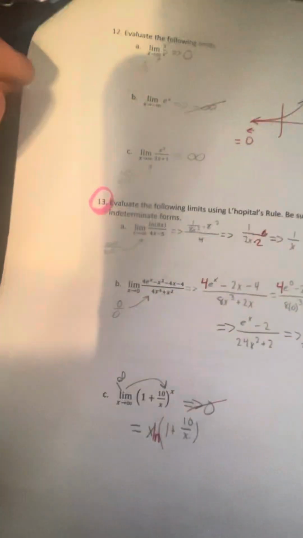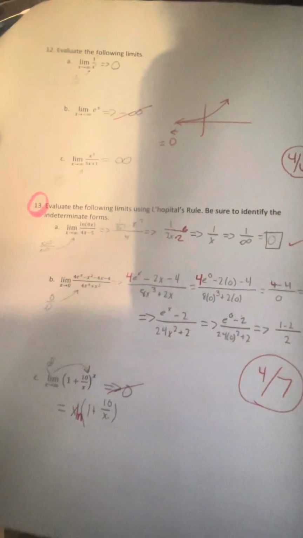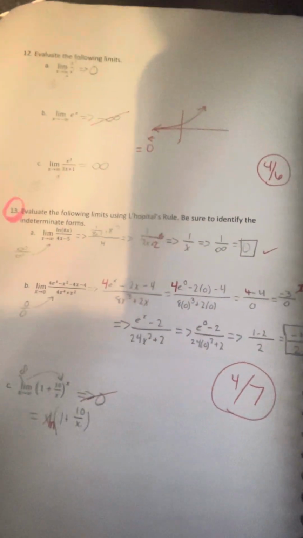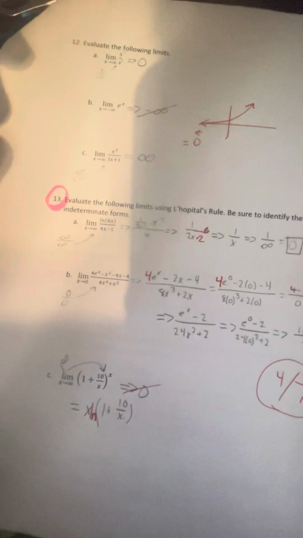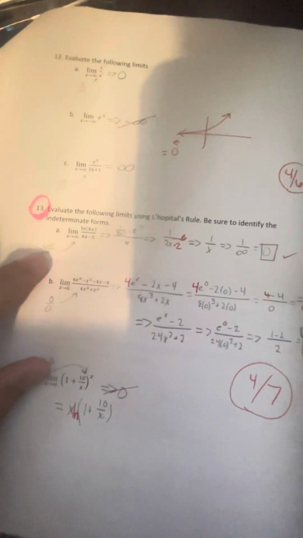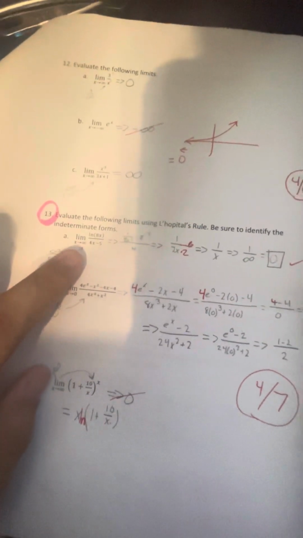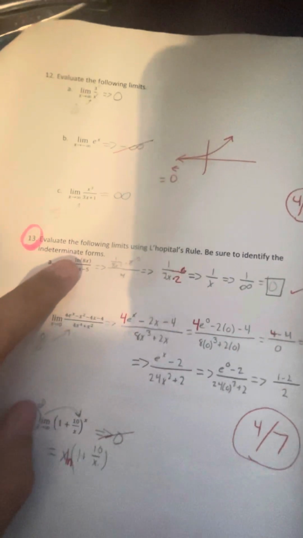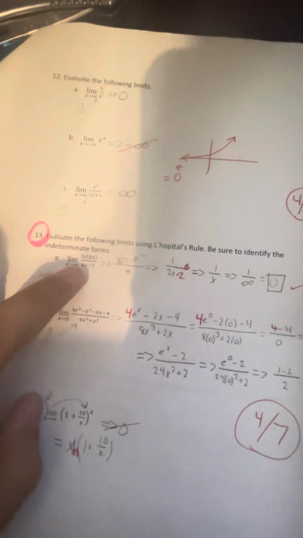Alright, now we have number 13 for the exam 2 corrections. So, this says, evaluate the following limits using L'Hopital's rule. Be sure to identify the indeterminate forms. So for letter A, it is the limit as x goes to infinity of the natural log of 8x over 4x